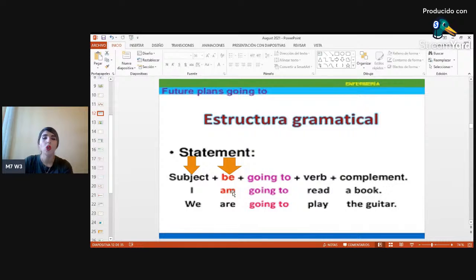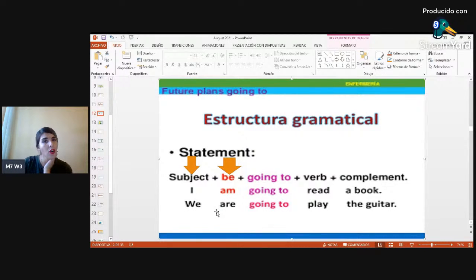I am going to, yo, acuérdense que les decía, lo escribimos. Verb to be es como una omisión en la traducción solamente. Así que tenemos nosotros hasta ahorita, I am, es como si dijera yo solamente. Yo, going to, voy a read un libro. I am going to read a book. Yo voy a leer un libro. Es diferente a decir que yo jugaré, cantaré. ¿Ok? Yo voy a leer un libro y es más certero. Tenemos otro ejemplo.